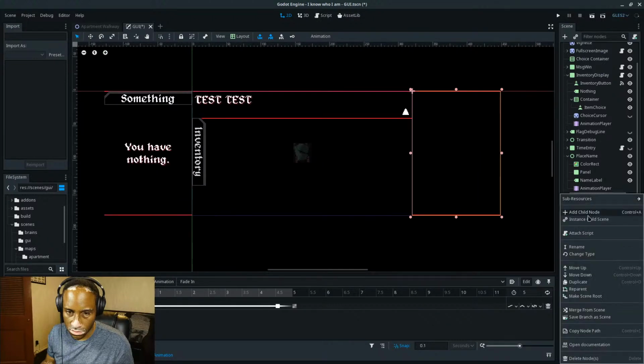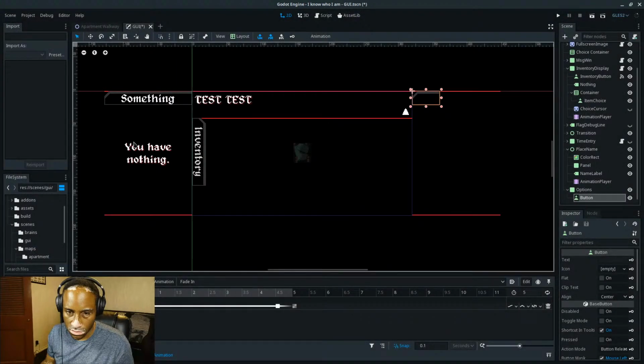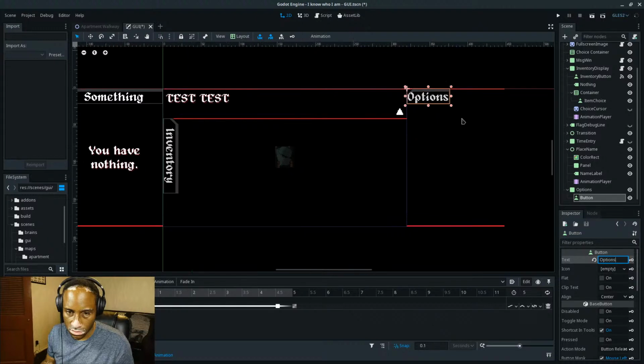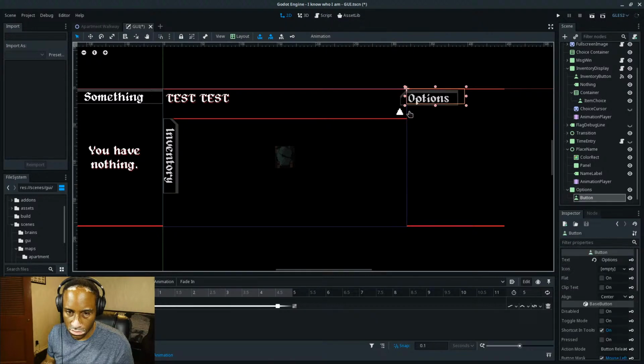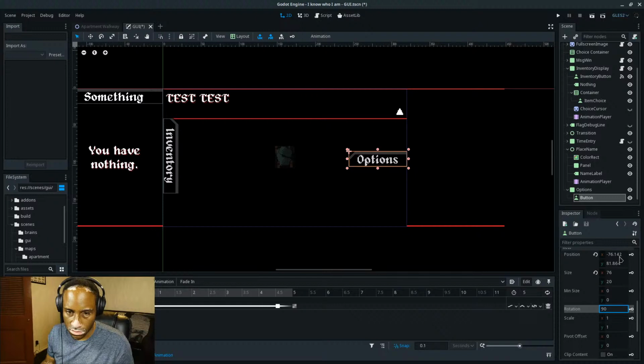And then we're going to add a child node for this, which is a button. And this will be options. We want to rotate it by 180, or I guess negative 90.